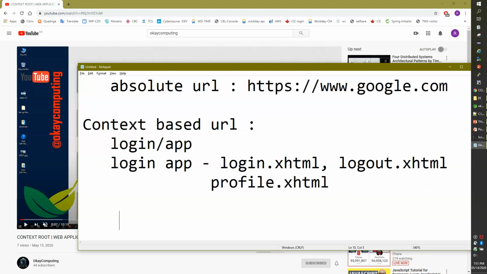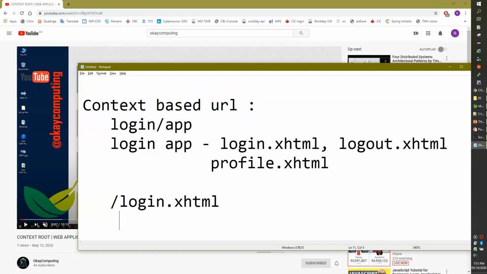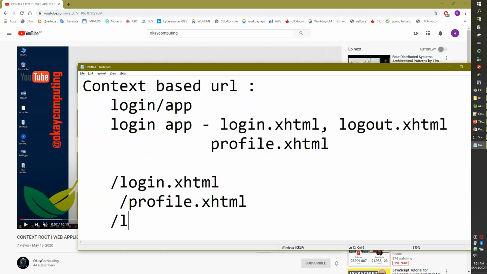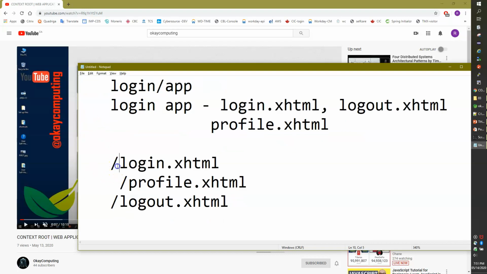If you have to define navigation within the application, you write something like /login.xhtml, or /profile.xhtml, or /logout.xhtml. So what is the slash? Here is how the URL works: the slash means your server will add the context root of your application before your page, and the rest will take care of itself.